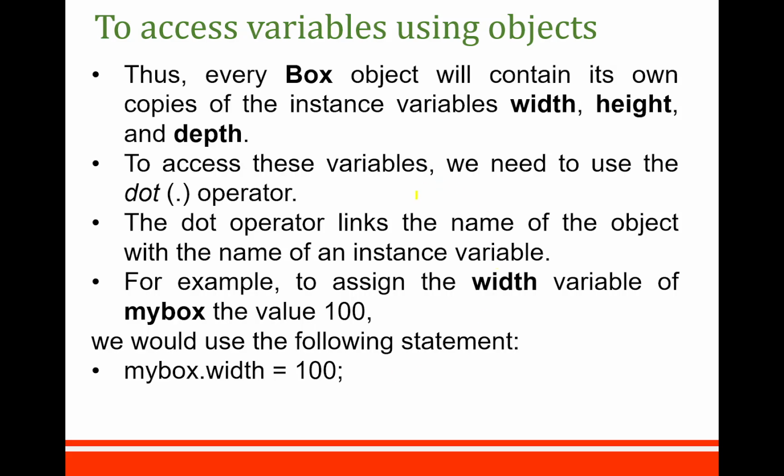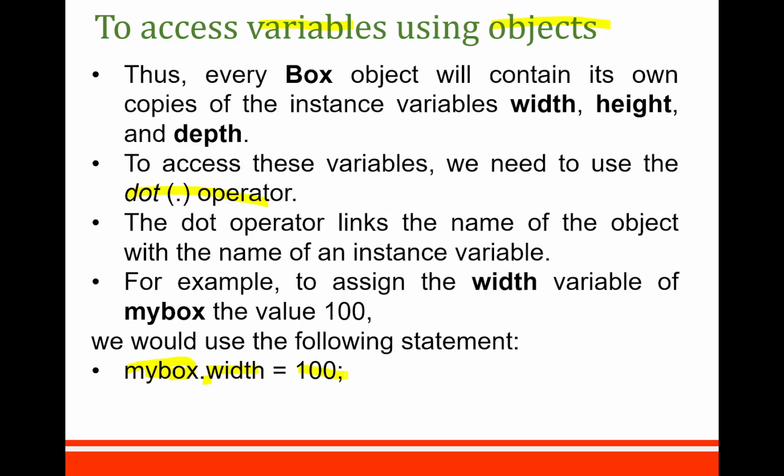And the next thing, as of now we have created the class and then the object, and now if we want to access the variables, we can use the object as well as the dot operator. Remember, using the object followed by the dot operator, we are able to access the variables. The variables can be accessed using the object name followed by the dot operator like this. So here the object name we saw in the previous slide is myBox, then the dot operator, and we can access the variable width by using the object name, dot operator,